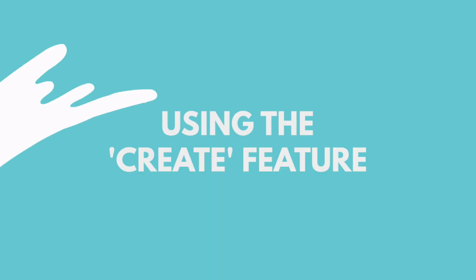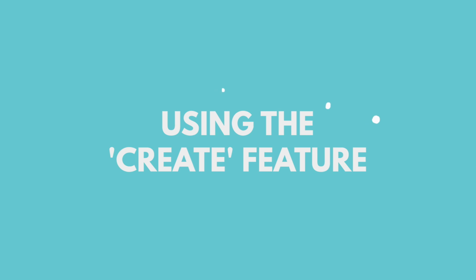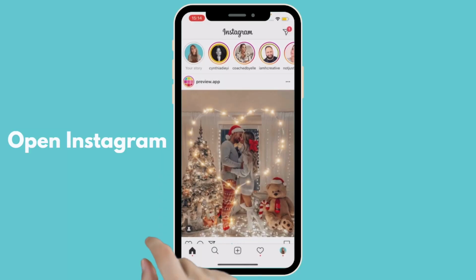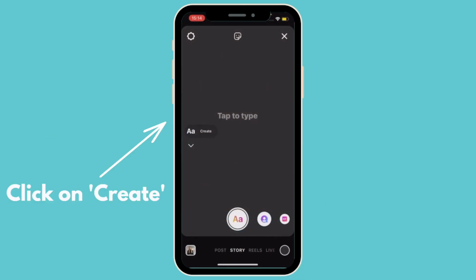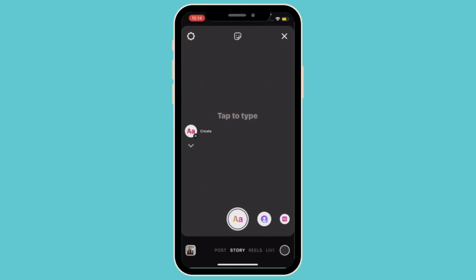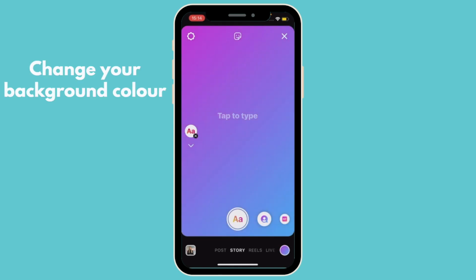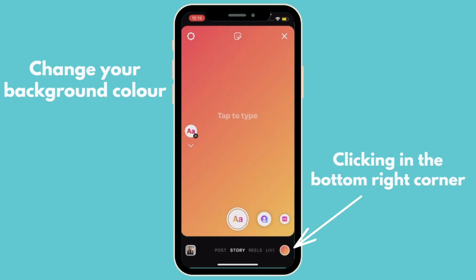Alright, so the first feature that I want to show you is using the Create tool of Instagram. This is a feature that is often overlooked, but actually quite fun to play around with, especially if you don't have inspiration for your stories. So you go to the Instagram app, you swipe left, and then you click on Create. From there, you can basically create anything you want, change the background color by clicking in the right bottom corner